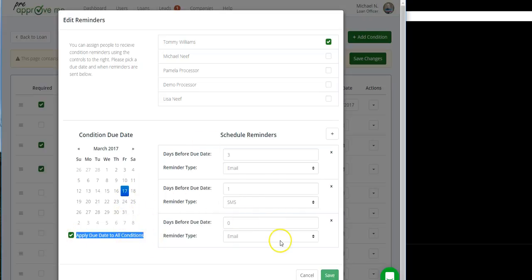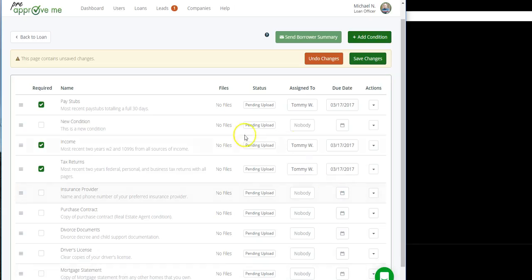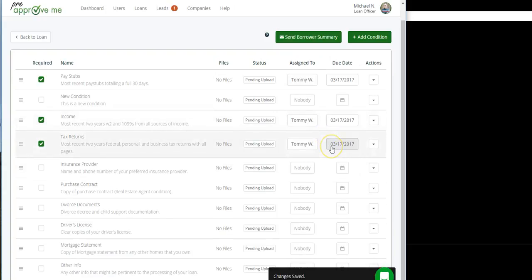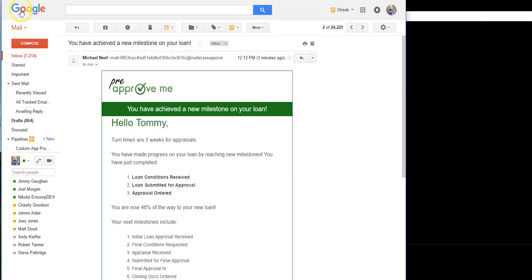They will follow this rule, and they will get 1 email on this schedule so that this customer is getting reminded that they need to get that document to you. You can see here I've got these due dates assigned. I've got the conditions assigned to the customer. Now all I need to do is click Save Changes, and the update is now out. Okay, so this customer is going to get an email,